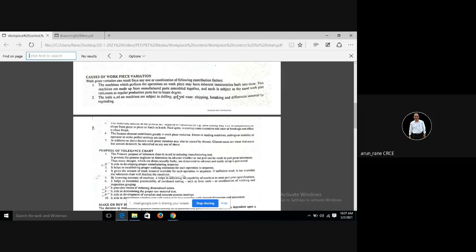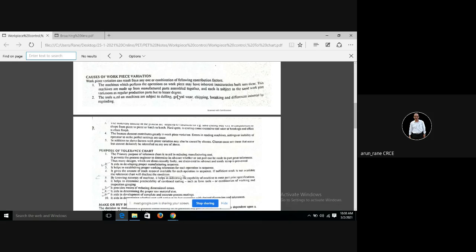See, every machine which is manufactured and assembled is tested. Like suppose if it is a lathe machine, then it is checked: what is its positioning accuracy, what is its repeatability, then what is the spindle run out in axial direction as well as in radial direction. So everything is checked. All this should be less than 10 microns, within 5 to 10 microns. Position accuracy should be within 10 microns and the repeatability should be less than 5 microns.